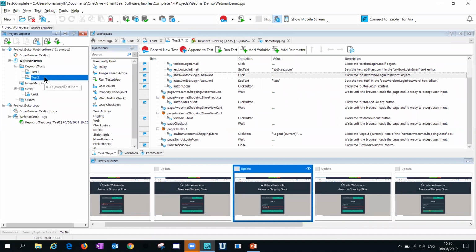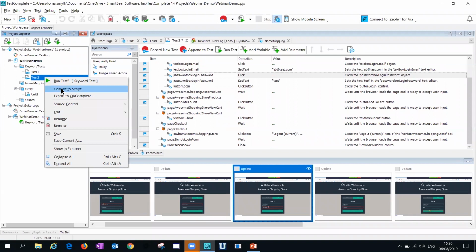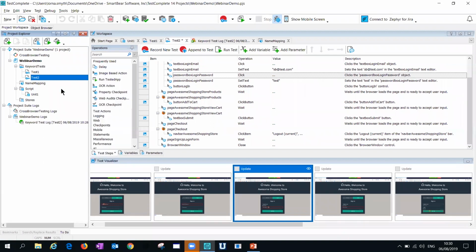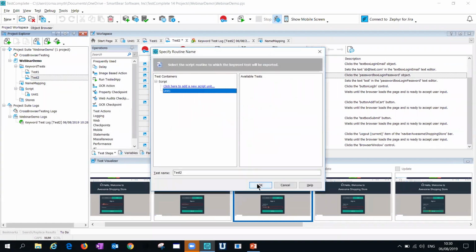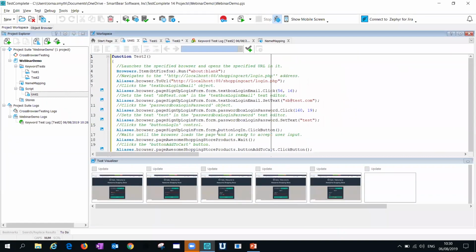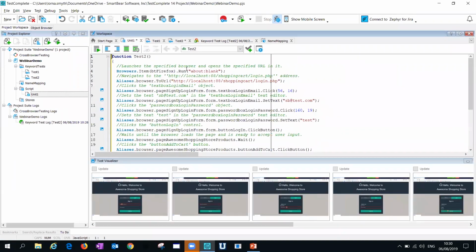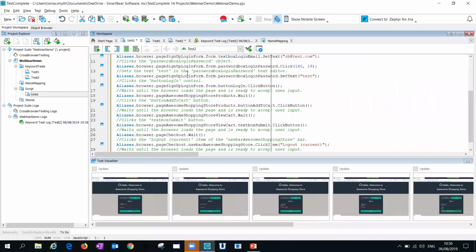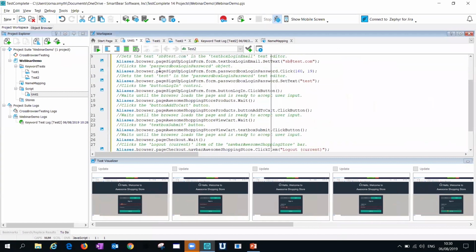But yeah, what I wanted to do is just show you how you can convert this to script. So as I mentioned, this is a keyword test. Some testers or developers prefer to work with script. And I can just work through my wizard here and convert that to script really easily. So you'll see here, I have line by line account, I have my comments, I have my screenshots, there's debugging functionality. So this is the TestComplete IDE for those who prefer to work from the IDE.